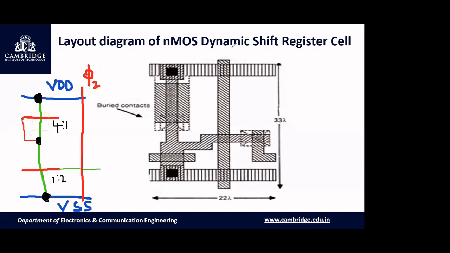And a buried contact here. So you can make a contact. Okay, this is the stick diagram. Using that stick diagram, we have drawn the left diagram. That's it. Understood? No? So we'll multiply this by 2 lambda, so that you'll get 8 lambda by 2 lambda. This is 8 lambda, and the width is 2 lambda.